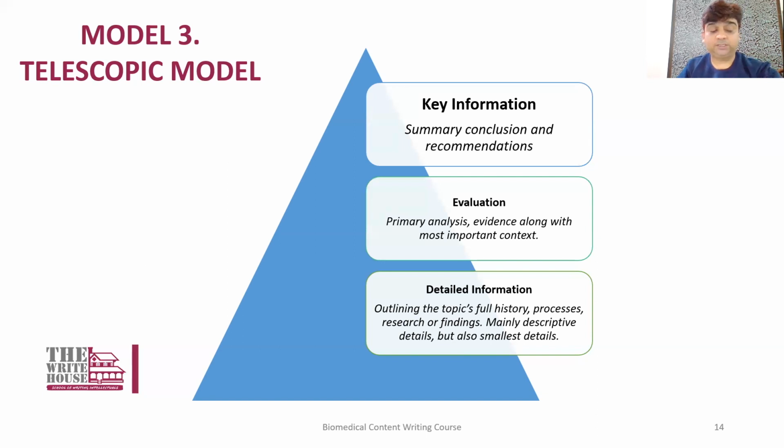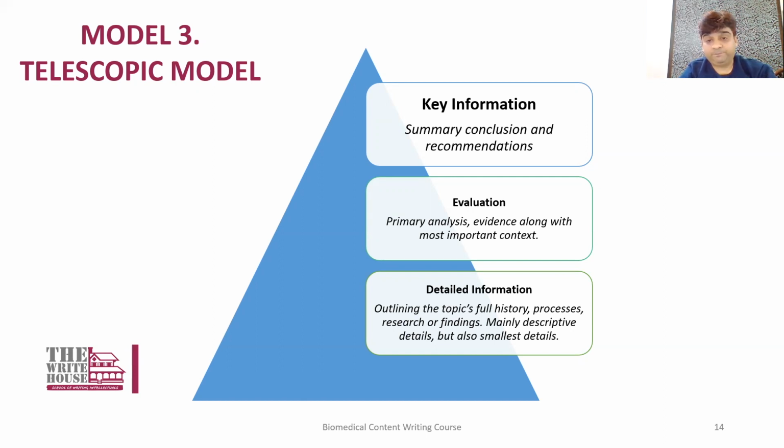Now, this is the model described in short as a diagram. You can see at the top, once you start the story, you put the key information, which is a summary, conclusion, and recommendations. If you see in the newspaper, you will find that who has done what and when and why and how. All these 5-6 questions are covered in the first 2 to 4 sentences or the first paragraph